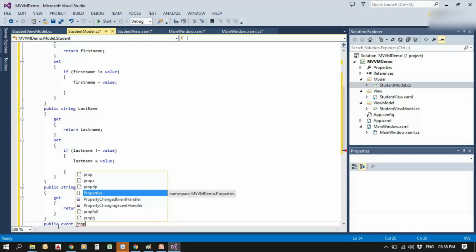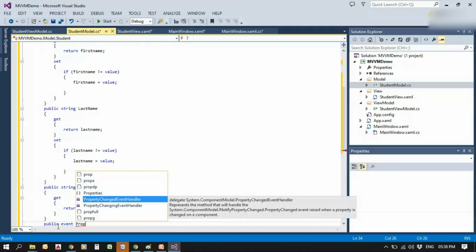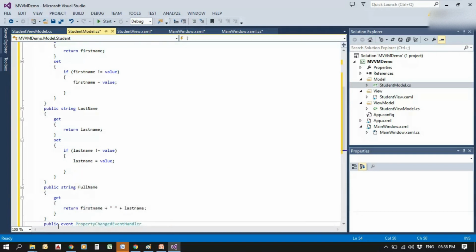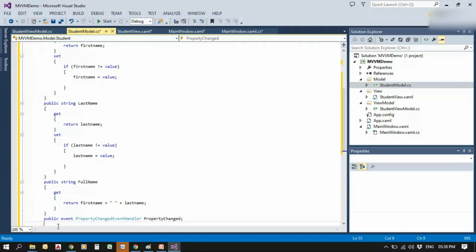So public event PropertyChangedEventHandler, which is PropertyChanged, and we are creating a function which is private RaisePropertyChanged, so that we can call it whenever we are setting the value of first name and last name.